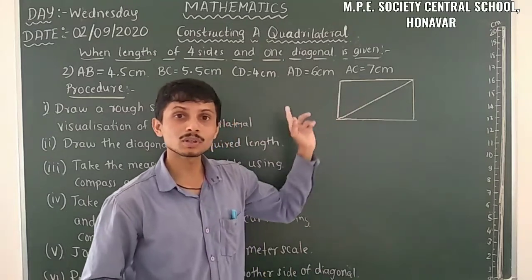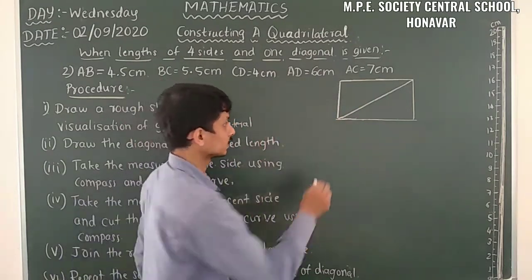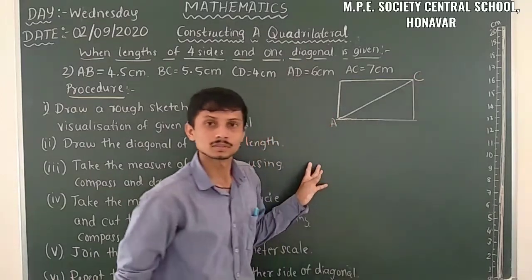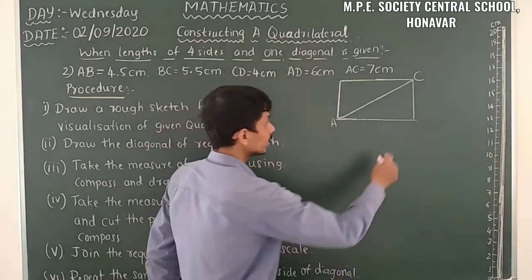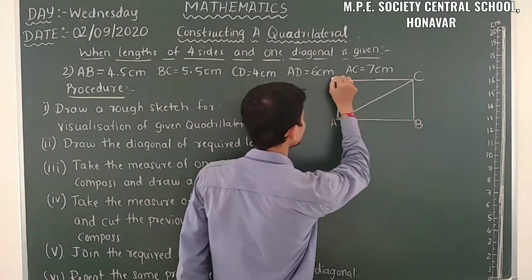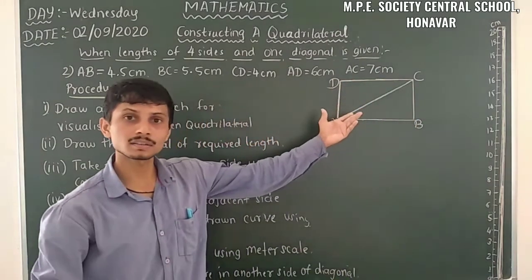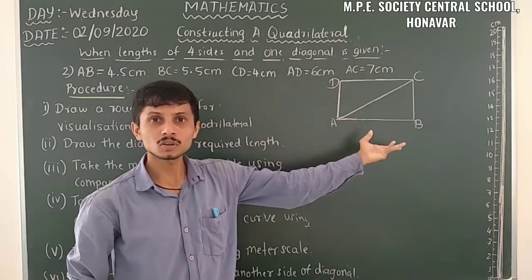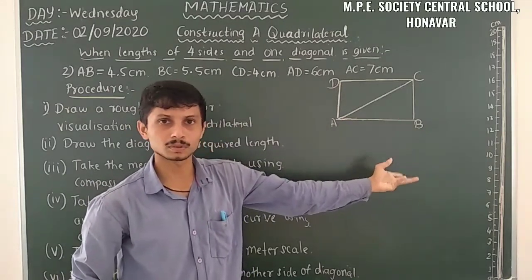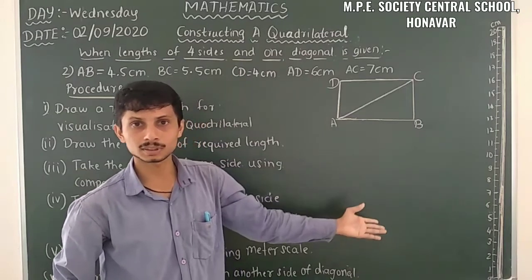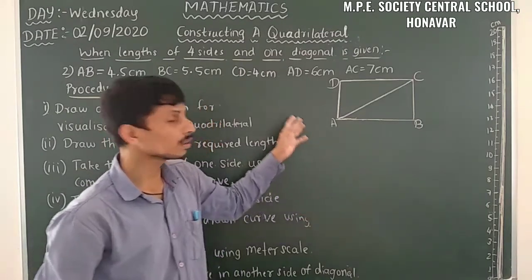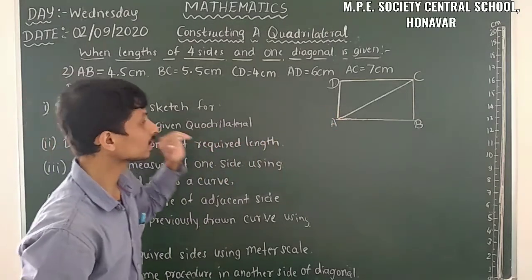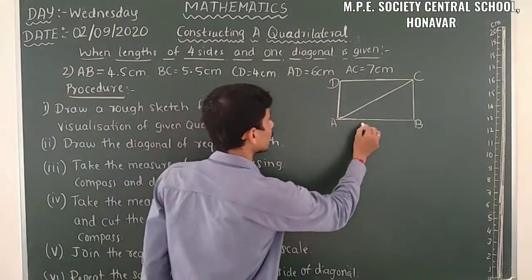So firstly we have to label all the things in the rough sketch. That is, here it is A and C. AC is a diagonal. So we want that one, that is A, B, C, D. So here you can take anything. So here you can take B or here you can take D. So whether it may be, it is possible. Both chances will be possible here. So that means, so here the rough sketch. After that we have to label all the things. That is, what is the length of AB? It is 4.5 centimeter.